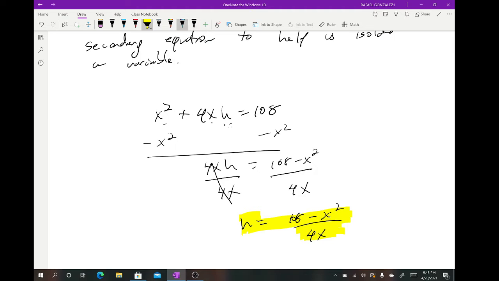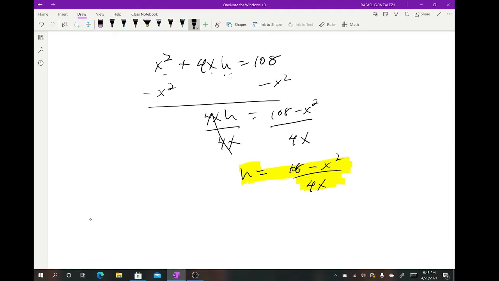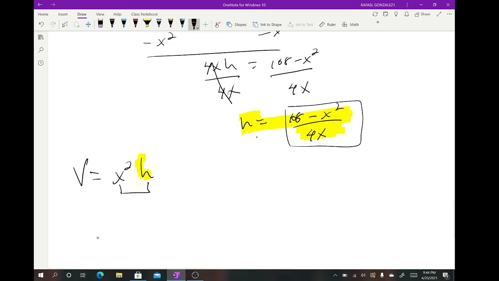And because we have a value for h, we can plug it into our original equation. Because remember, our original, primary equation was x squared h. This had 2 unknowns. But now we can substitute for h. And notice that h is written in terms of only x's. So if I substitute back